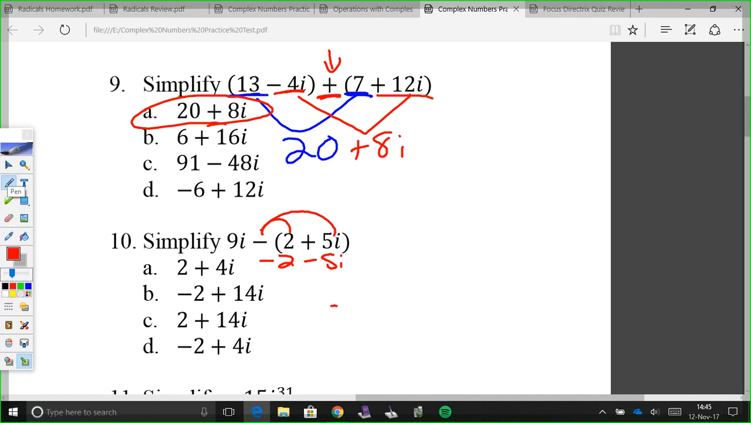So really this problem becomes 9i minus 2 minus 5i, right? And 9i can just kind of get brought down here. And then you combine your like terms, like anything else. 9i minus 5i makes negative 4i, and then the negative 2 can get brought down. So my answer is